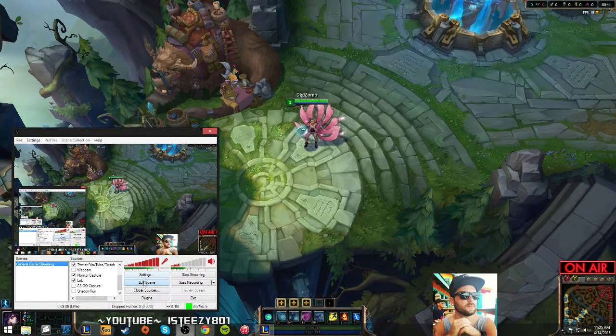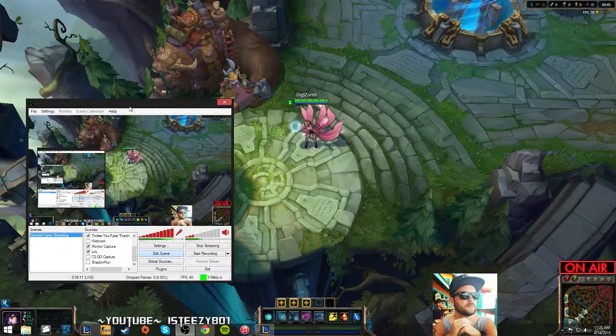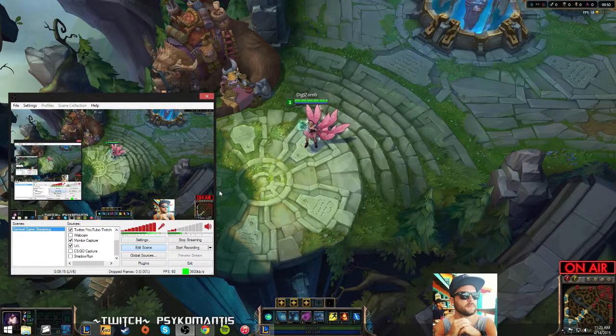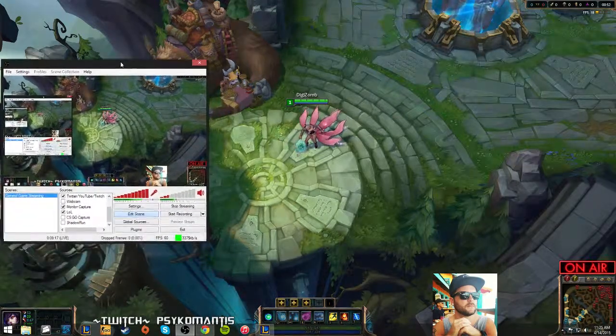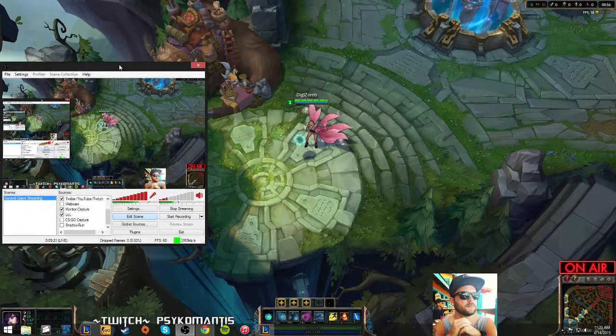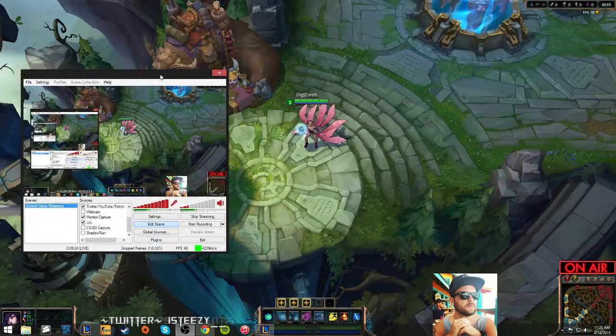Just like I said, when you edit the scene, you can place it wherever you want. And I just put that on there, that way people know that as soon as they go to my stream, if they don't hear me talking, maybe I went to the bathroom or something like that, they'll still see the on air button, knowing that, hey, he's on his microphone. I'm going to stick around in the stream to hear what he has to say and maybe chat with him or whatever. So that's a good way to keep people still interested in your stream, even though you don't have